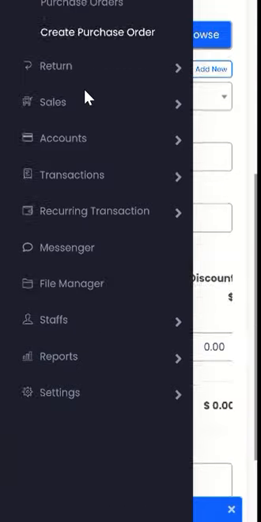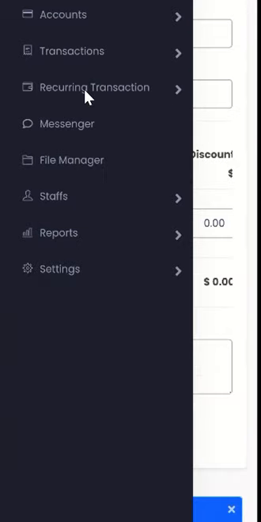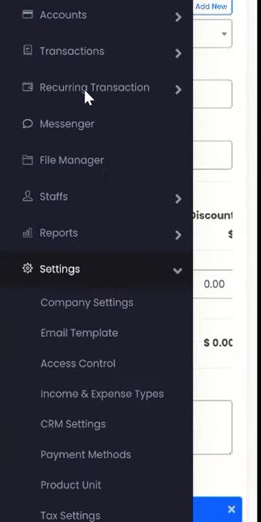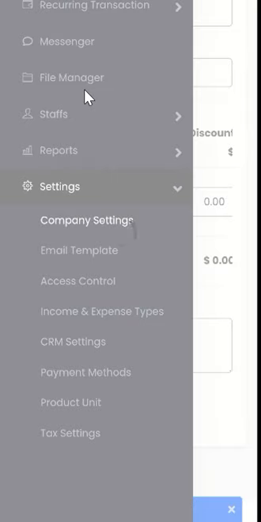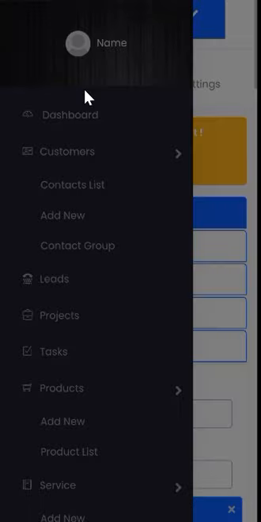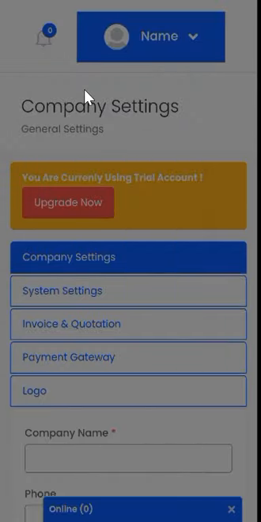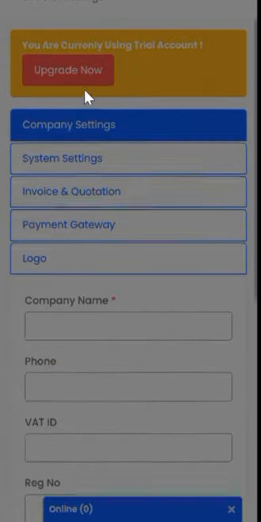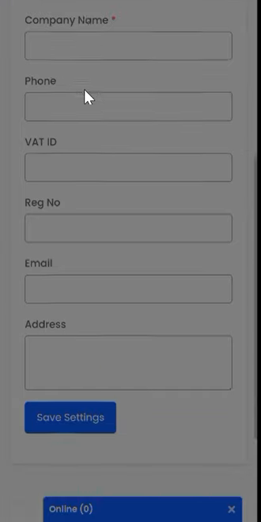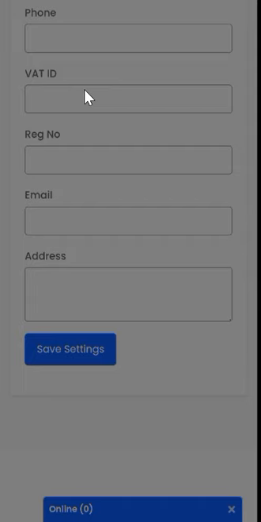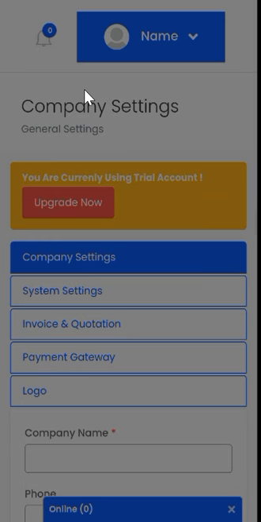Now, after successful registration, this is where you set up your app. So you come to company settings. Under company settings, this is where you get to enter your company name, your company phone number, registration number if you are registered, email address, then the physical location. And then once you have done that,